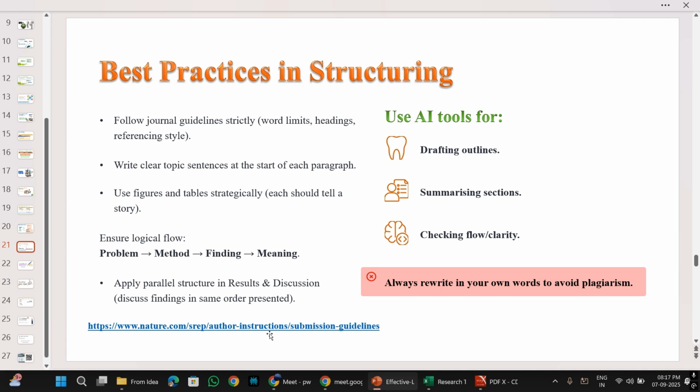We have a question as to what percentage of AI is allowed in a manuscript. I don't really know, my dear, how much percentage of AI generated content should be used. You may refer to the formatting or the guidelines that come from the university or things like that. But I would suggest that AI generated content should not be there at all.